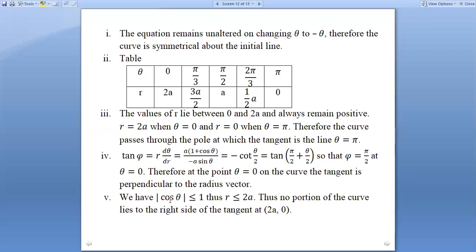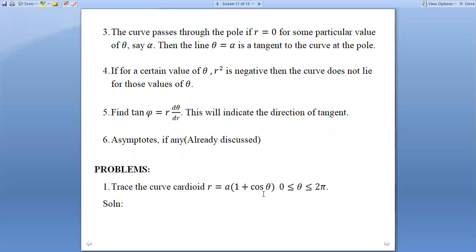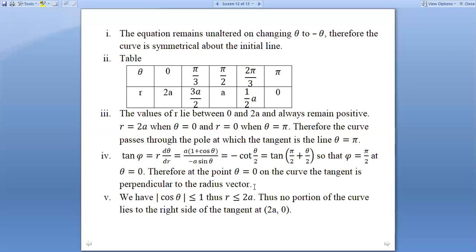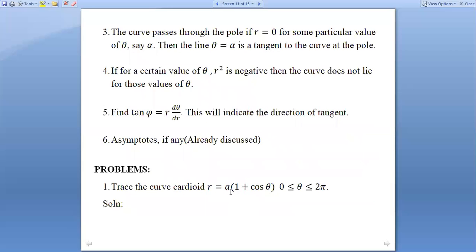And also we have mod cos theta is less than or equal to 1. Since mod cos theta is less than or equal to 1, when you take the modulus here, you get mod r less than or equal to mod a into mod 1 plus mod cos theta, because you're using the triangular rule here. When you use the triangular rule, you get mod of a plus b is less than or equal to mod a plus mod b. That rule you're applying, and you will get mod a less than or equal to mod r less than or equal to mod a into mod 1 plus mod cos theta.